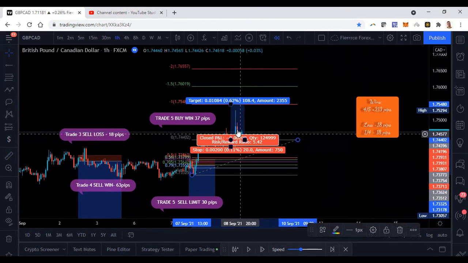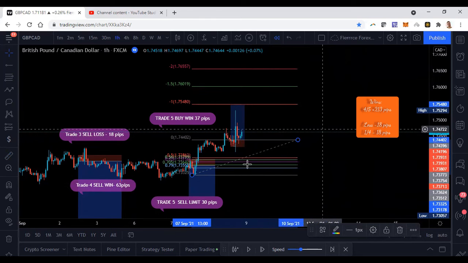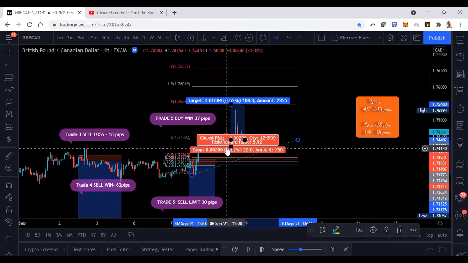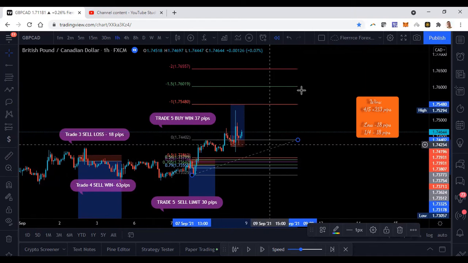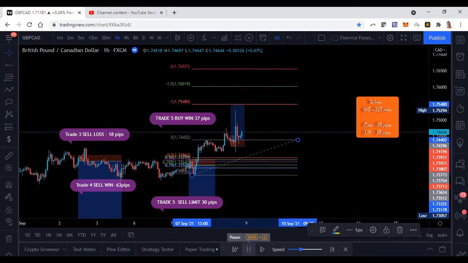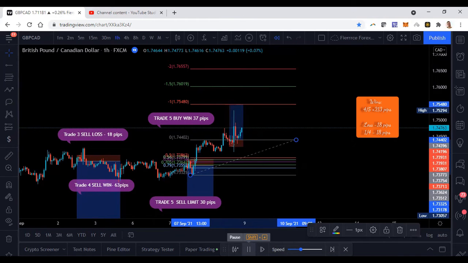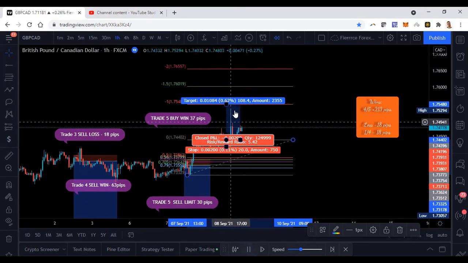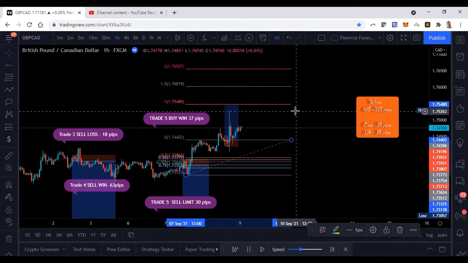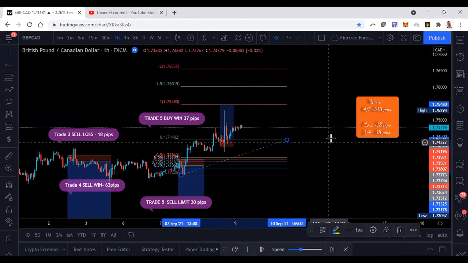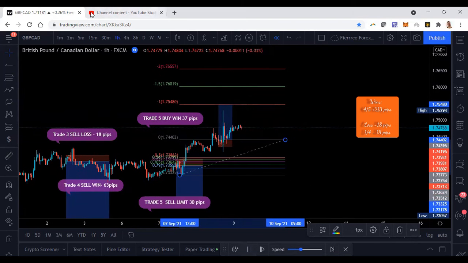I'm waiting for the London session. Right now it's 9 p.m. I'm not in the market, but this is a really good sign that we're still bullish potentially, but let's see. Usually when you see setups like this, they're just there sometimes to confuse the market and make you think that you want to sell, but really